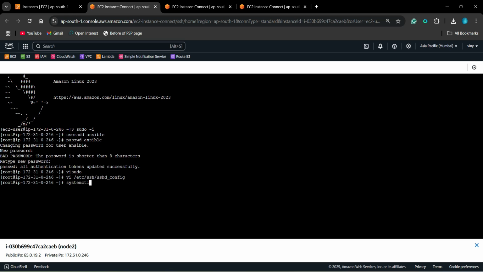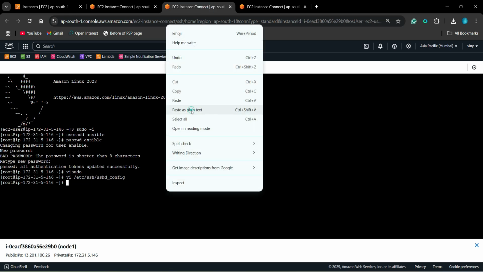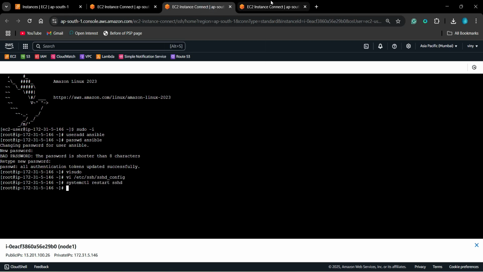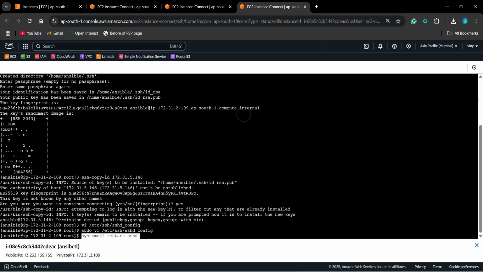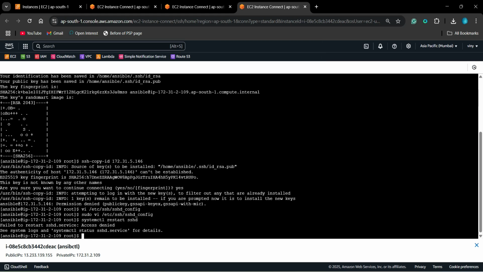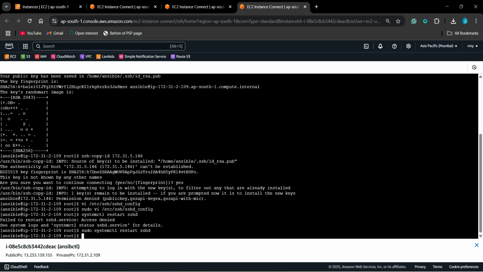It should do the work. We have to ensure sshd. Okay, just copy that command. sshd, sorry. So now we can do this again. It will work.